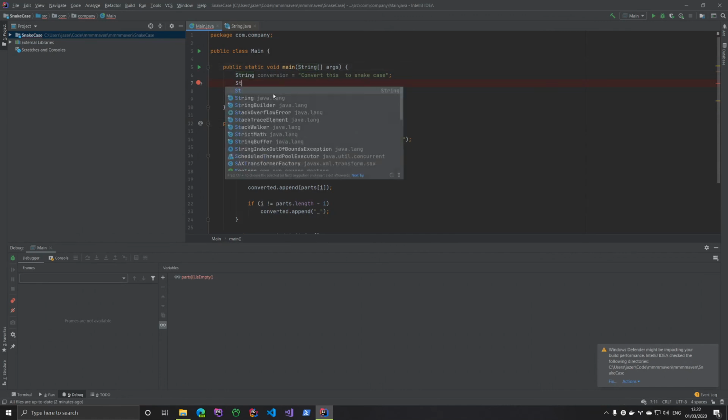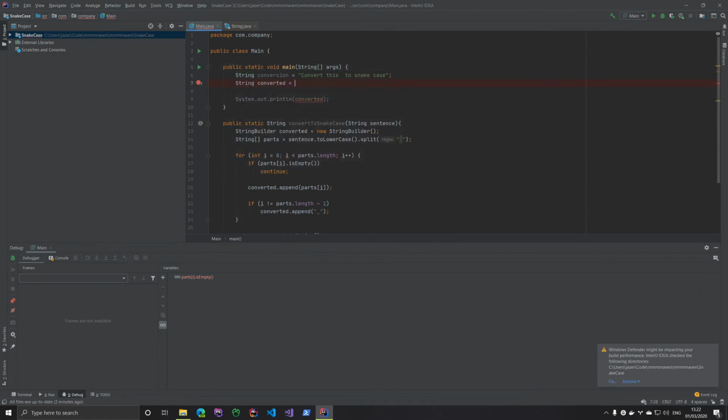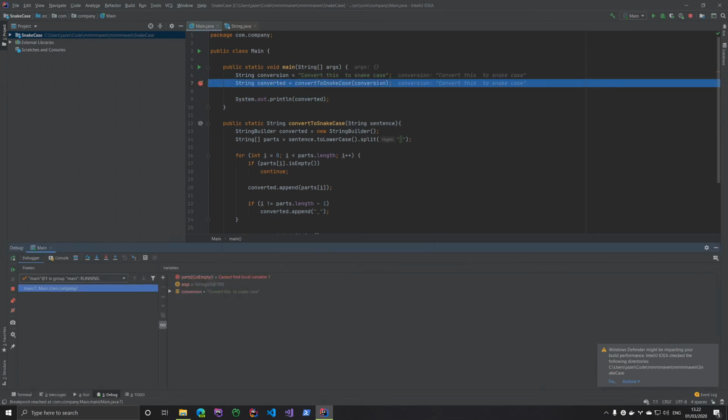Over here, we'll create a new string called converted. We'll use the method we just created, convertToSnakeCase, conversion. And then down here we can use converted again. So what I'm going to do now is just remove the breakpoint again and create a new one. I'm going to click the debugger and we'll stop at this line again. What I'm going to do now instead is step into the function. So instead of pressing F8 or clicking on this step over method, we're going to press F7,